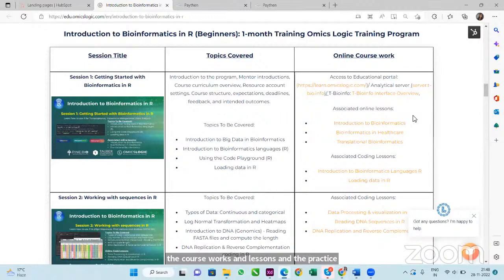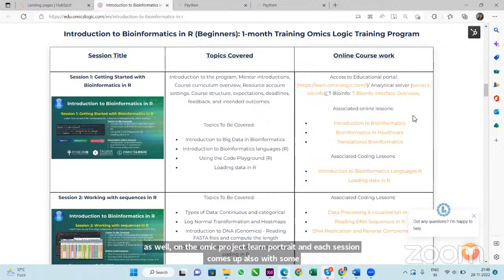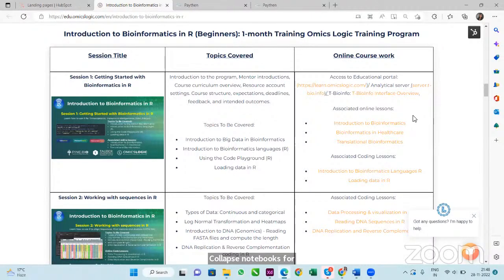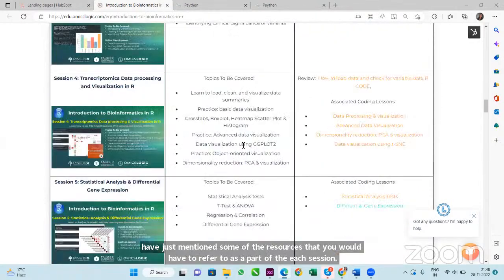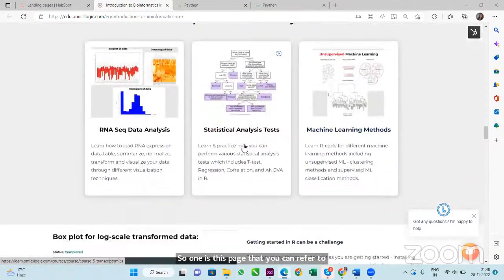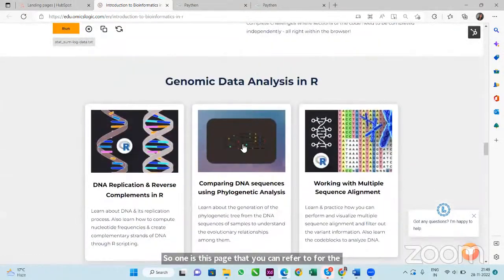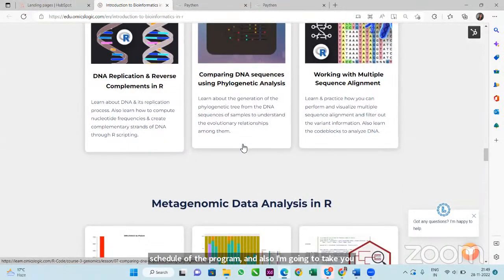And each session comes up also with some Colab notebooks for you to practice with. So we have just mentioned some of the resources that you would have to refer to as a part of each and every session. So one is this page that you can refer to for the schedule of the program. And also I'm going to take you to the program page shortly to show where you can find all the